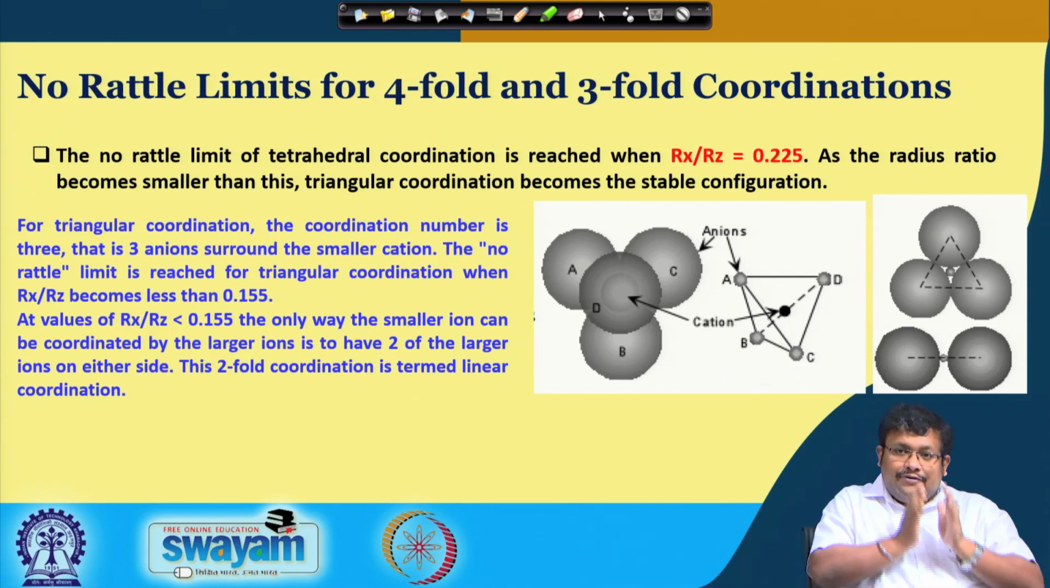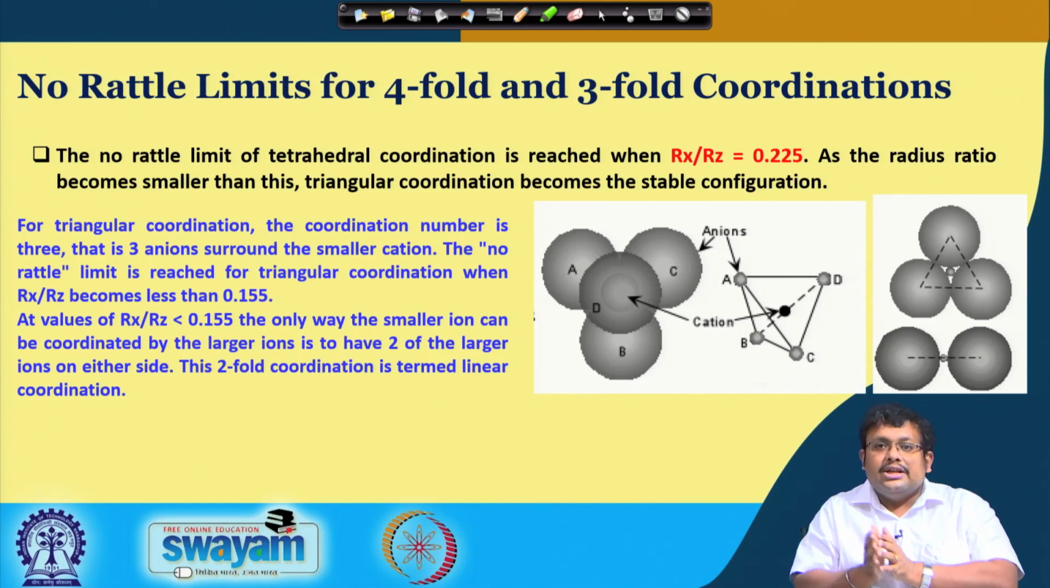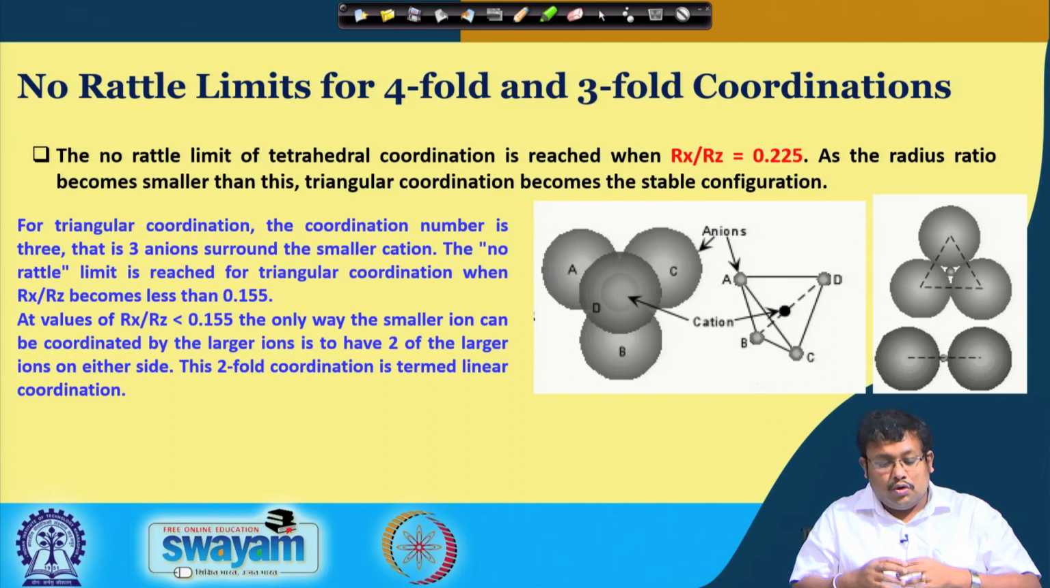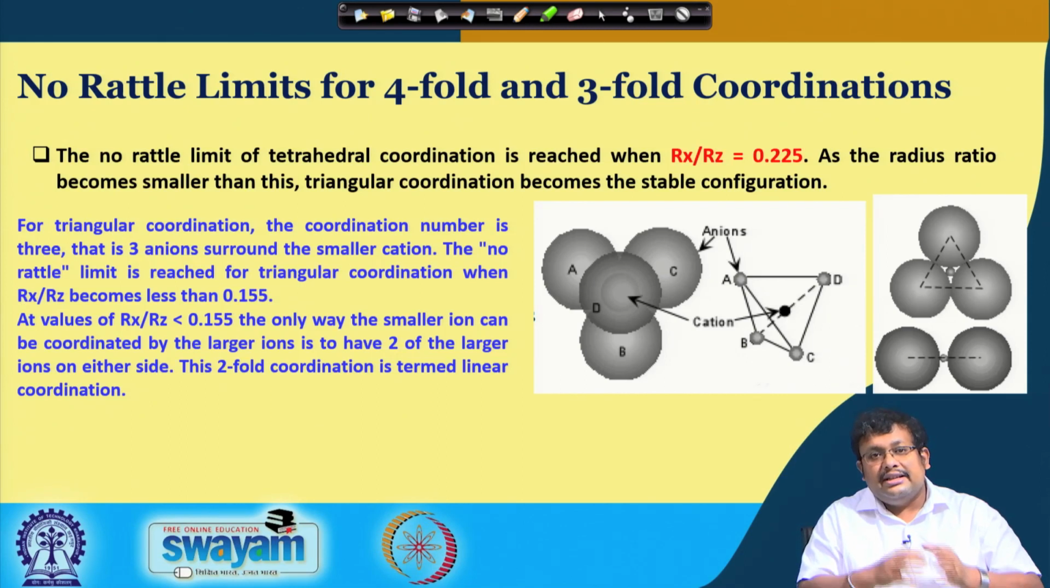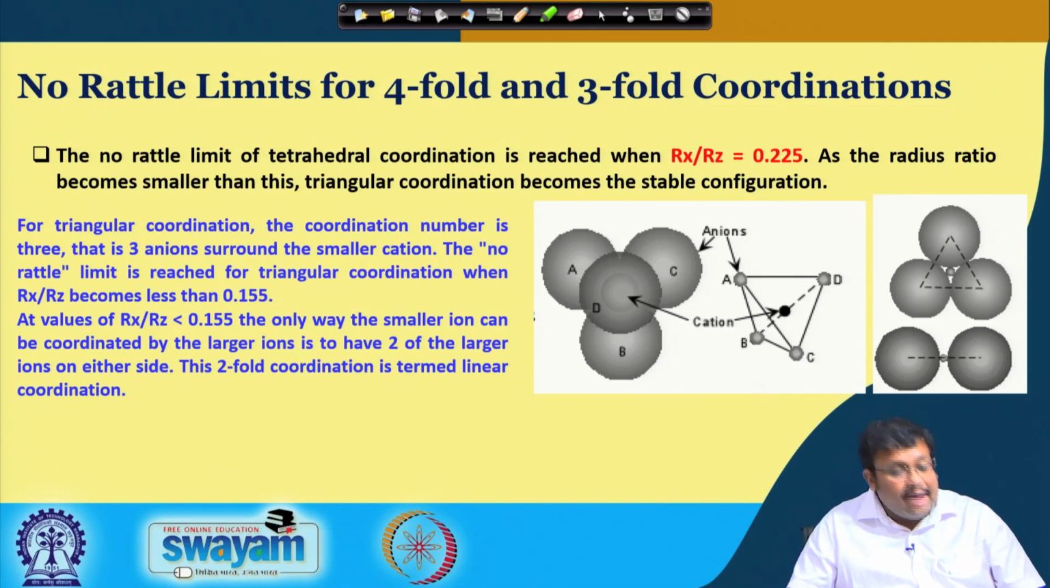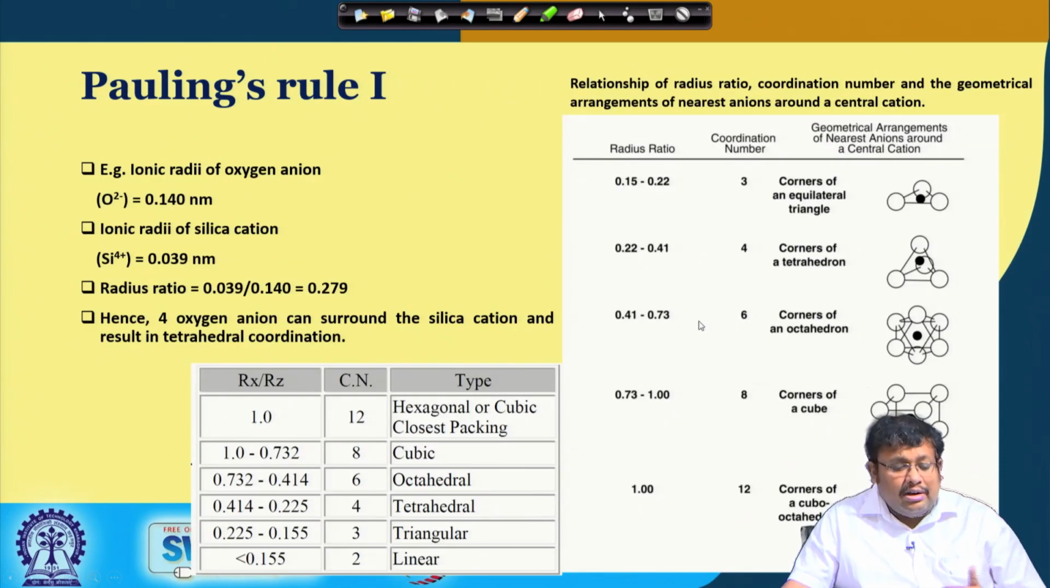As you can see, from 8-fold coordination to 6-fold to 4-fold to 3-fold to 2-fold coordination, we are continuously changing based on the reducing radius ratio, or in other terms by reducing the size of the cations. As we reduce the size of the cations, we want to make sure that the cations are barely touching the surrounding anions, and that is why we have calculated this no-rattle limit. If the radius ratio goes below the no-rattle limit, then it will rattle and convert to a new coordination number. So, based on Pauling's rule 1,